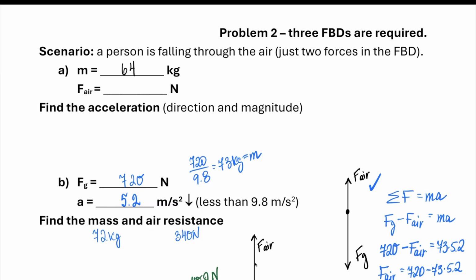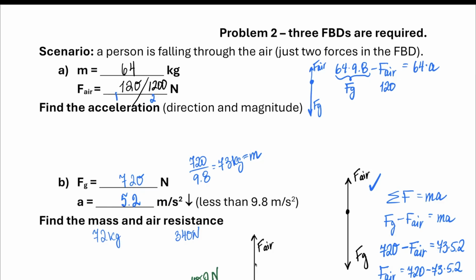I'm going to take a small force of air, like 120, and 1200 for example. In this case, I have gravity greater than air, so I'm going to say 64 times 9.8 for force of gravity, minus air equals 64 times acceleration. Force of air, I said, was 120, so 64 times 9.8 minus 120 gets me 507. So 507 equals 64 times A, where A is then 507 over 64, 7.9 meters per second squared,